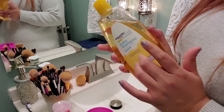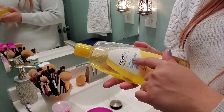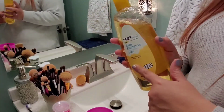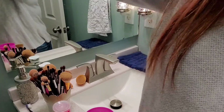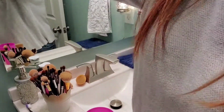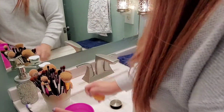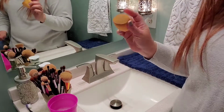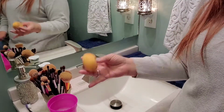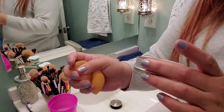I use the Walmart brand one, but I also have a bunch of the Johnson & Johnson. It's just whatever one's cheaper that day is kind of what I grabbed for that. So I'll clear those out of my way. Always start off with my sponges, so I'm just going to very quickly speed through this process. I have my Real Techniques and my Beauty Blender, and I'm going to go ahead and use my AOA